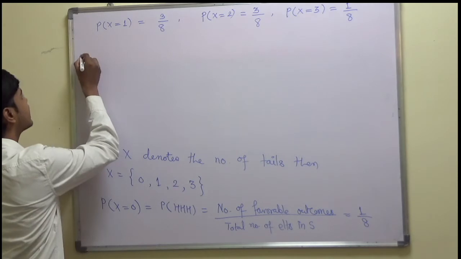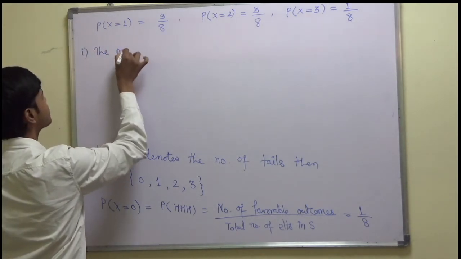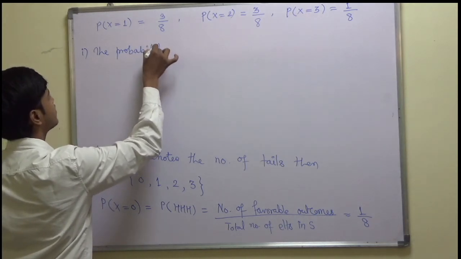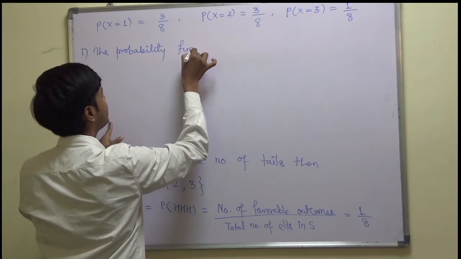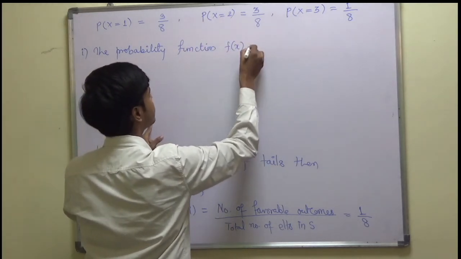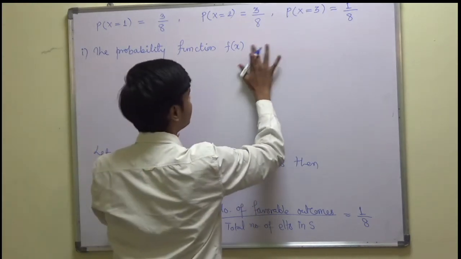Okay. So I can write number 1, the probability function. We denote the probability function by f of x. Probability function f of x is given by